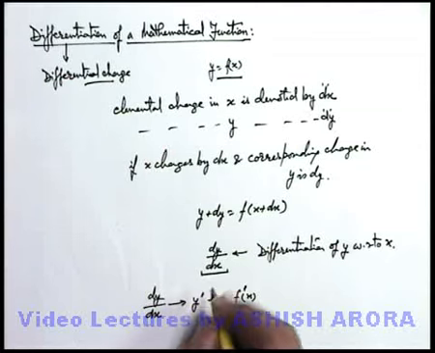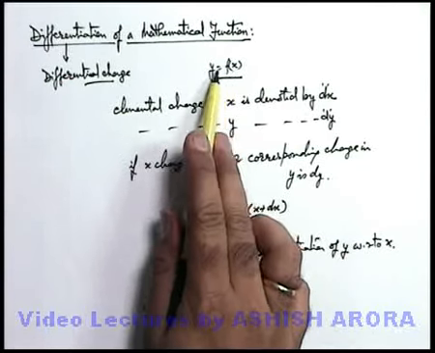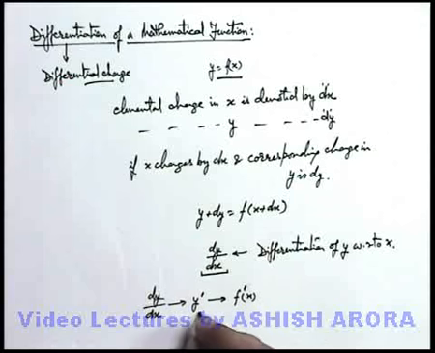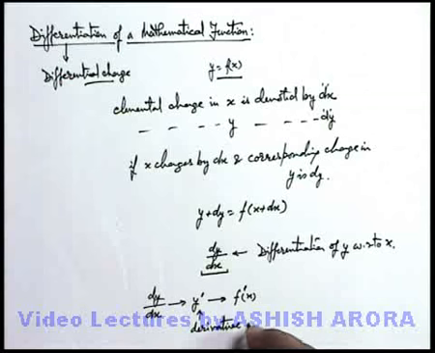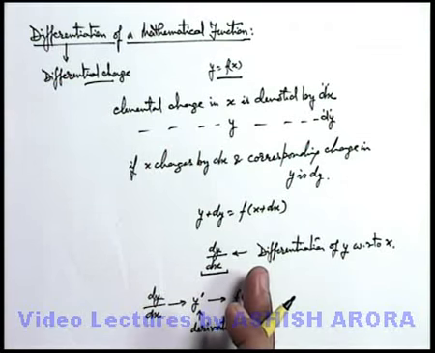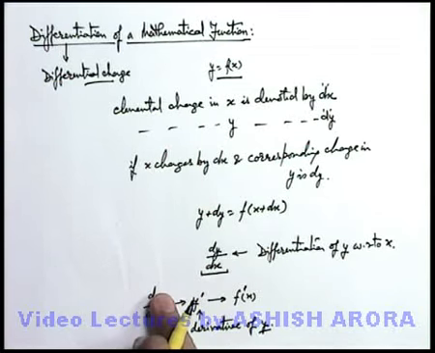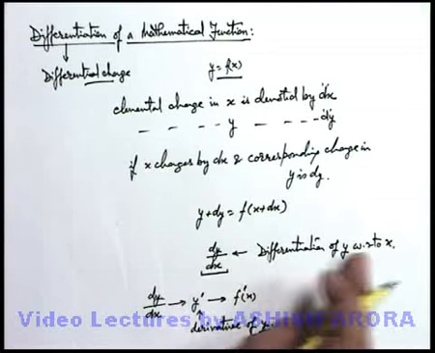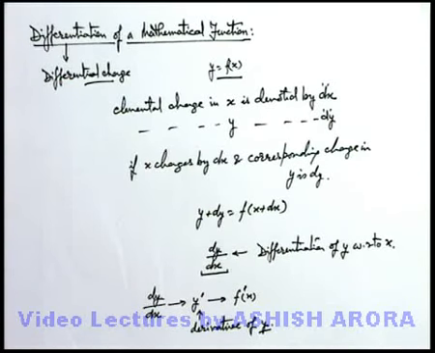If you differentiate a function y equals f of x, its differentiation is also sometimes called the derivative. This derivative of y is denoted by y prime, or can also be written as differentiation of y with respect to x. Mathematically, this means the ratio of change in y to the corresponding change in x. If we change x by some value and y changes by dy, then the ratio we term differentiation of y with respect to x.